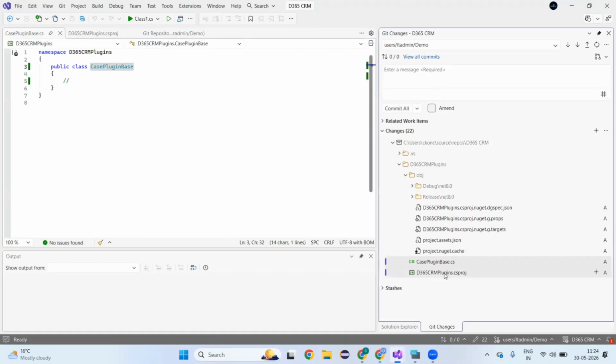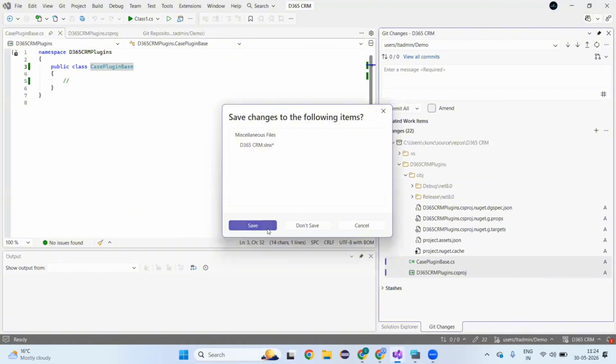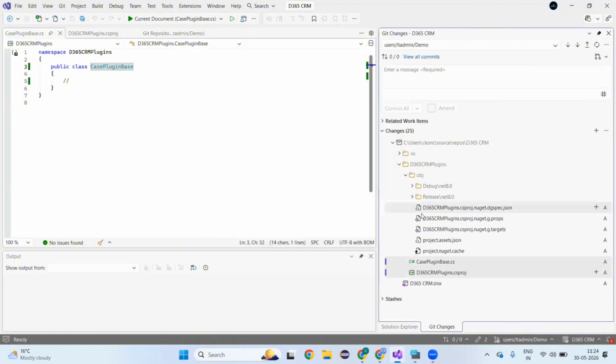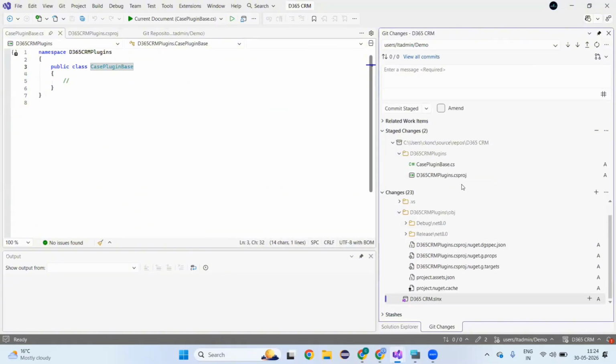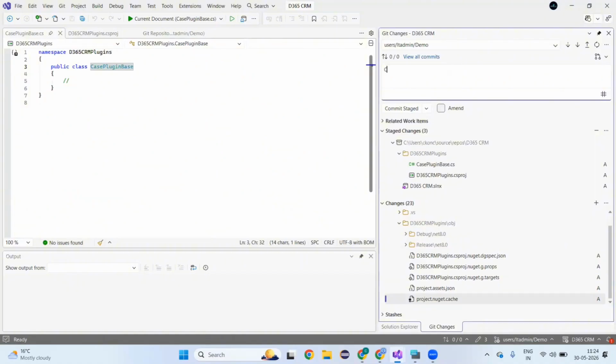So you have to select this one, you have to click on stage. So basically, why do we use stage? Whenever you have too many changes, if you want to push only particular changes, you will be using the staging concept. So here, if you see, you have 23 other files also modified, but I don't want to check them in. So I will just check in only the newly created solution file, plugin base and CS project, like case plugin skeleton